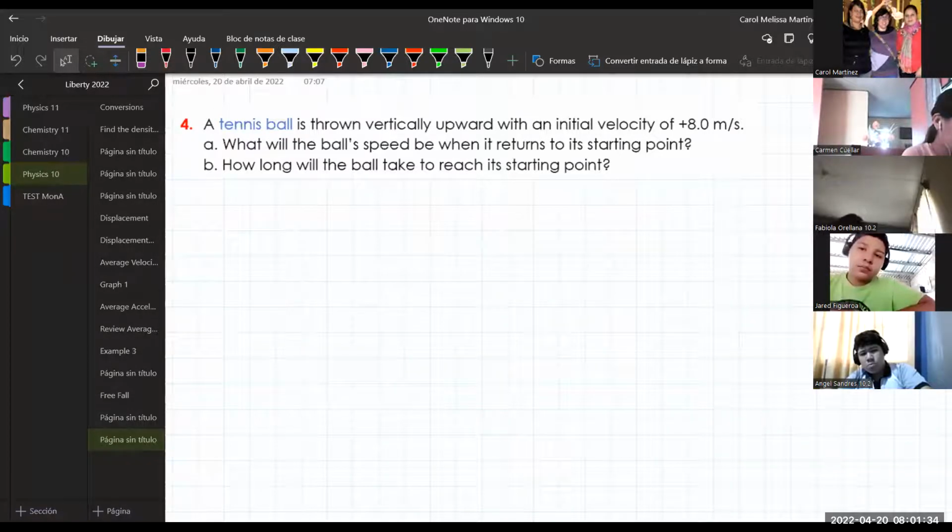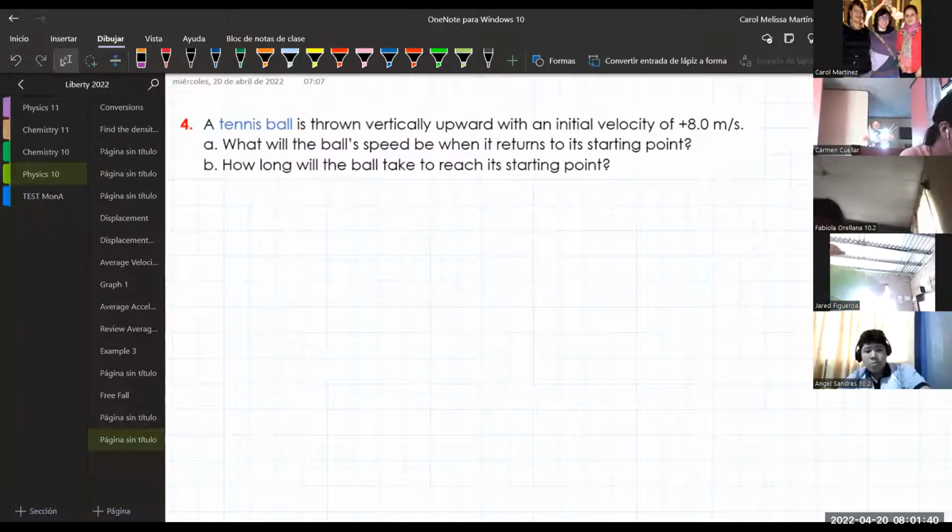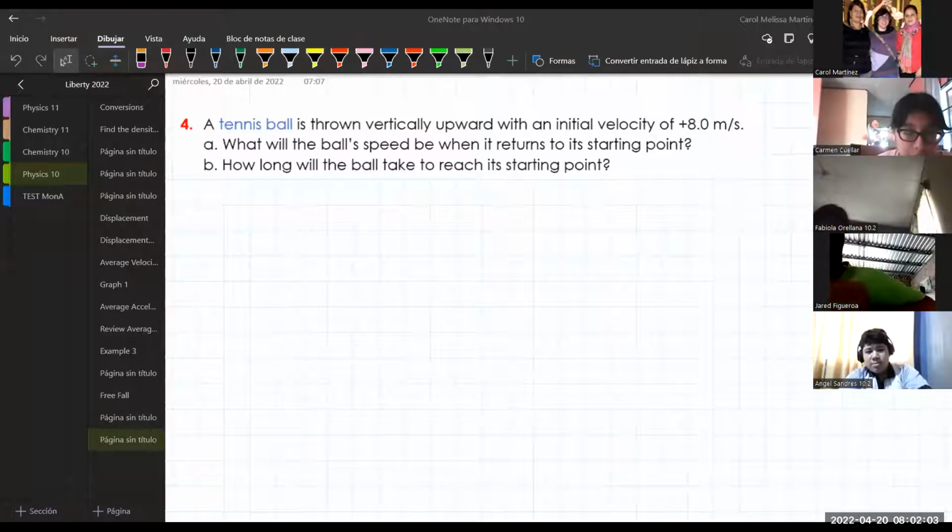The object is a ball, and wait, I cannot find the pencil. So we have a tennis ball,